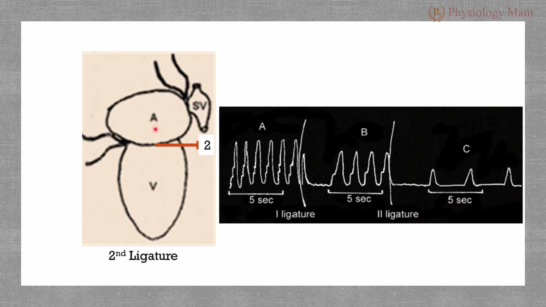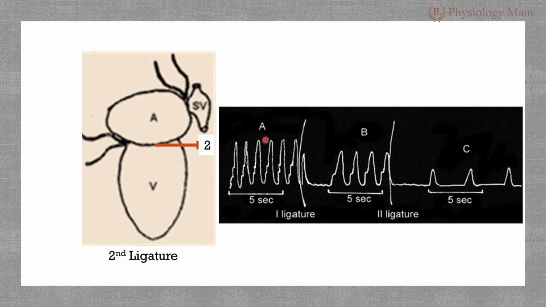Now what has happened is the atrial rhythm which was coming to the ventricle is being stopped because of this ligature. The ventricle takes up the job of autorhythmicity and starts giving its own impulses, what we call the ventricular rhythm. The point that you have to see here is that as compared to the heartbeat that you see after the first stannius ligature, the number of heartbeats gets reduced after the second ligature.